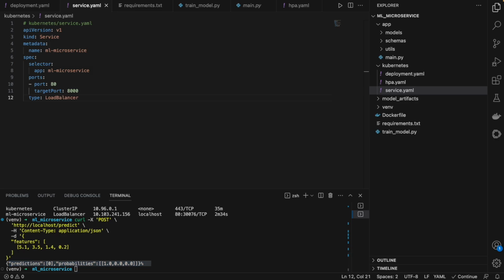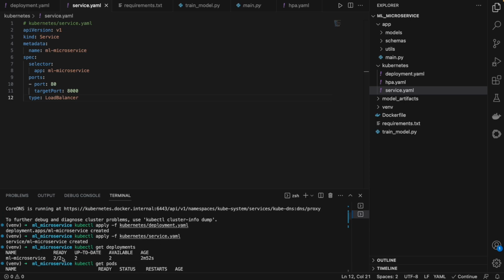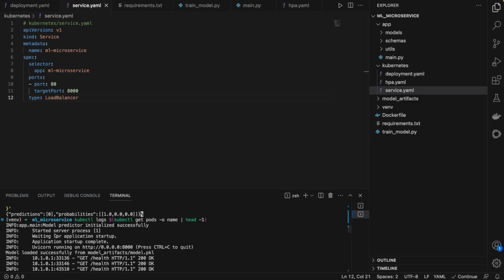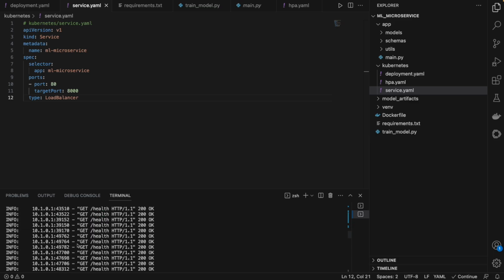Again, to check the logs, just use the logs command and you can see all the logs for this particular model artifact. If you see from the start, server started, waiting for application startup, Uvicorn is started, loaded the model, health is in place. This health command always checks the server pod health.